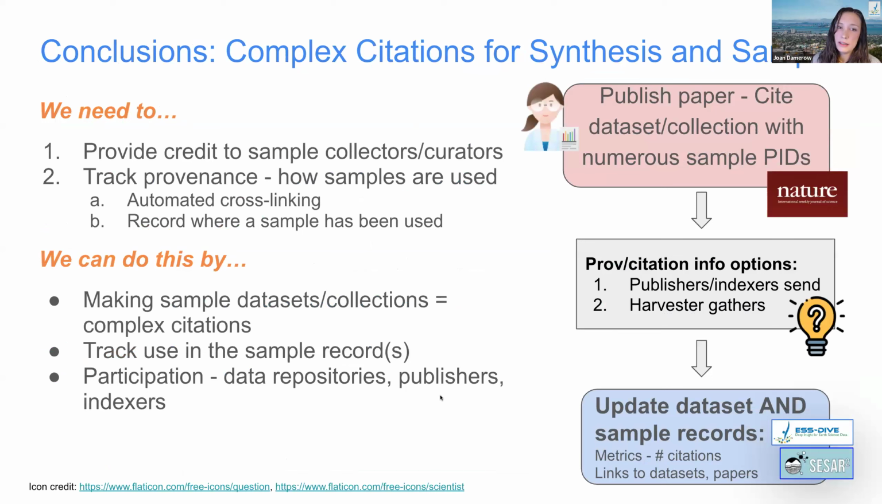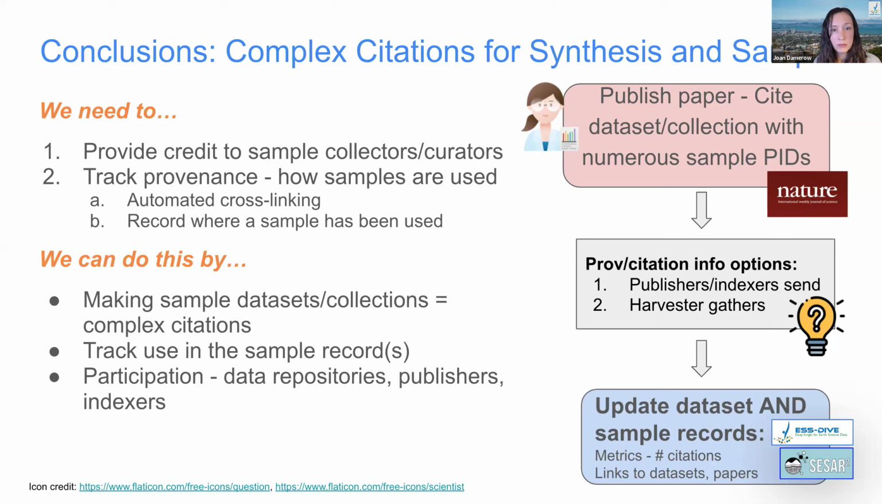And then just to summarize, we need complex citations in our repository for citing source data and samples and data sets. Again, because people are often creating data sets for a specific paper. So this is, again, to enable both provenance tracking to understand how samples and source data are used over time,